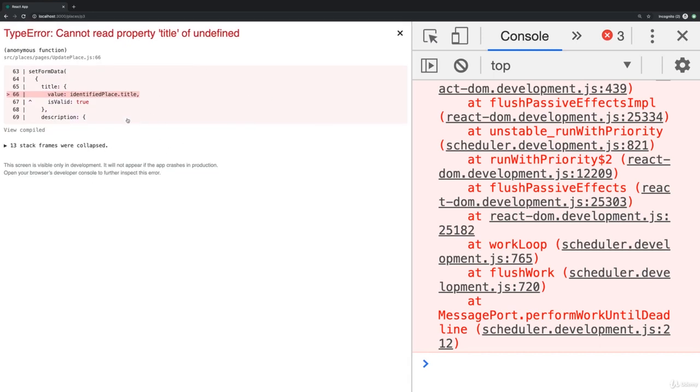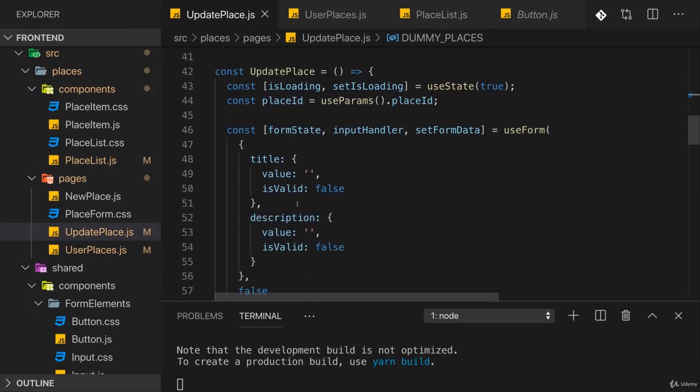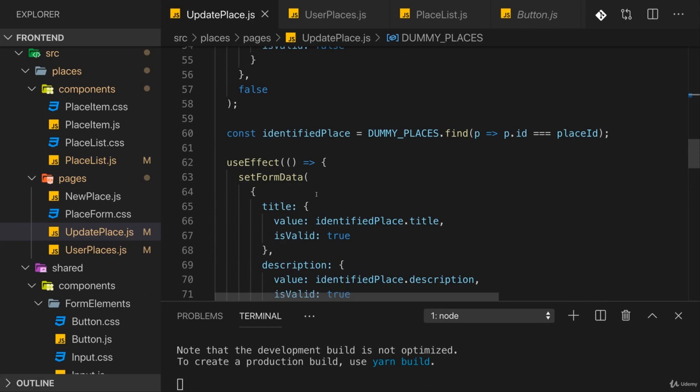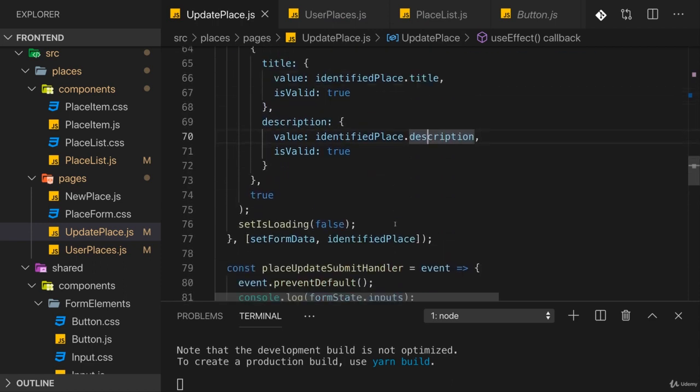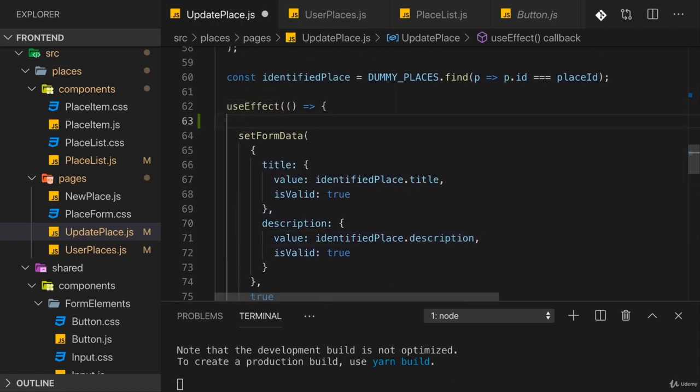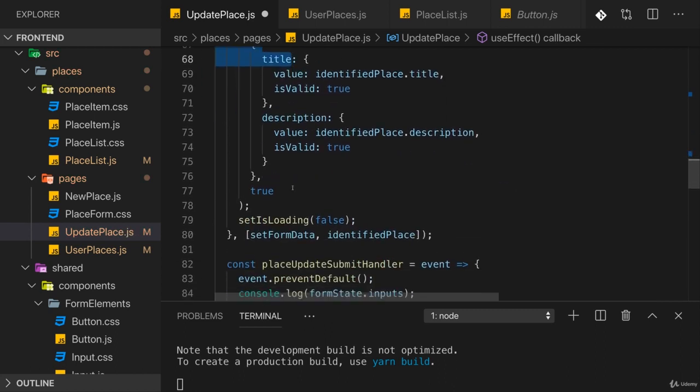We should fix this as well. And the error we're getting is here in update place that I call set form data, and identified place title is what I want to access. The problem is if we find no identified place, this is undefined, and you can't access properties like title and description on undefined. So we should actually check here in useEffect if we do have an identified place. So if this is not undefined, and only if we do have it,